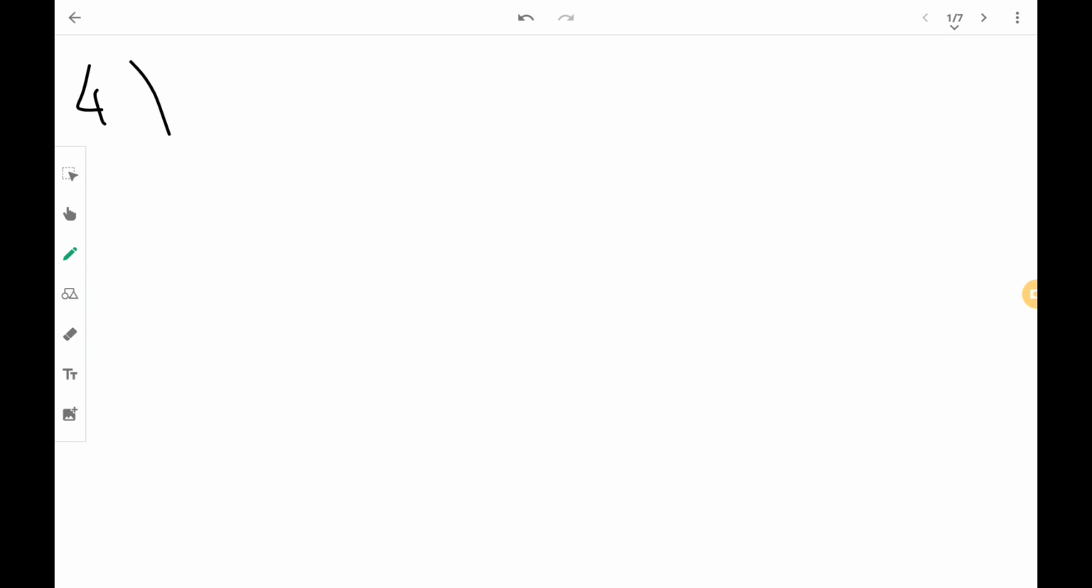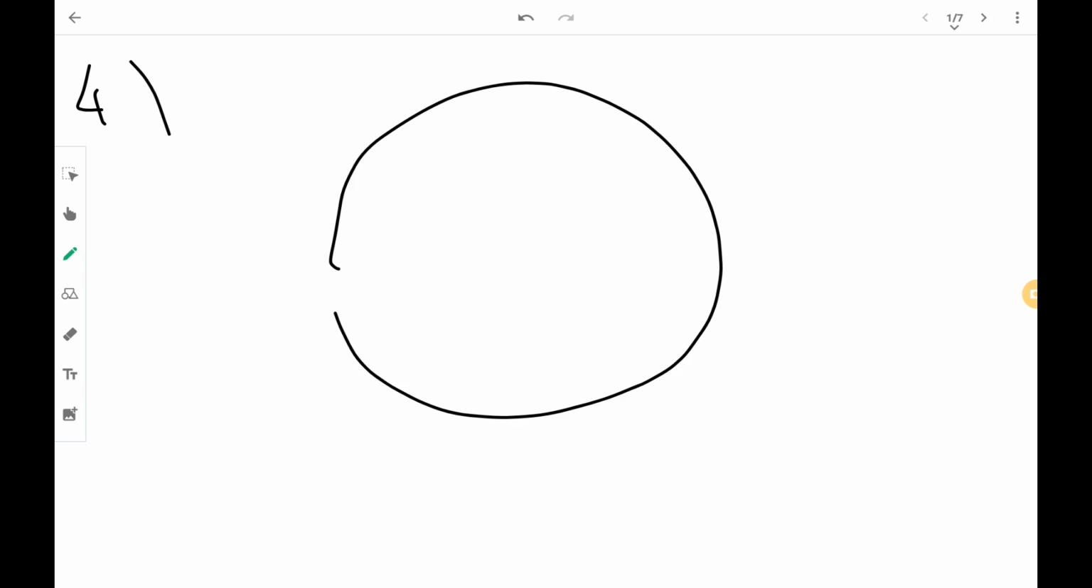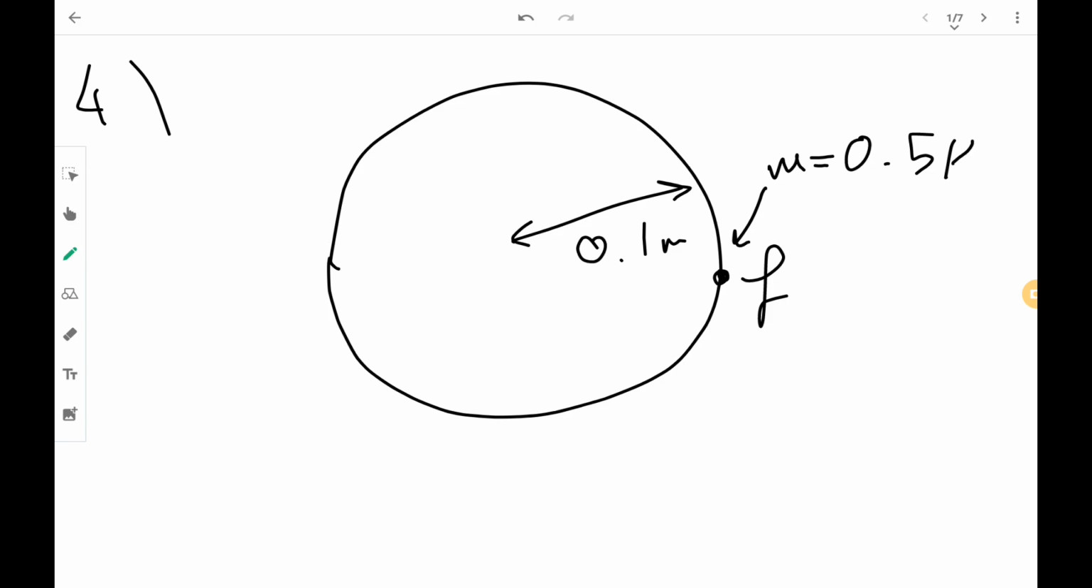Okay, so for number 4, you have a disk which is rotating. Its radius is 0.1 meter, and you have a particle on its edge, which tension is not preventing from falling. In this case, it's friction. So we use the normal equation, but friction replaces tension. They also gave us the mass to be 0.5 kilogram. They also gave us mu, which is 0.25, and we need to find the